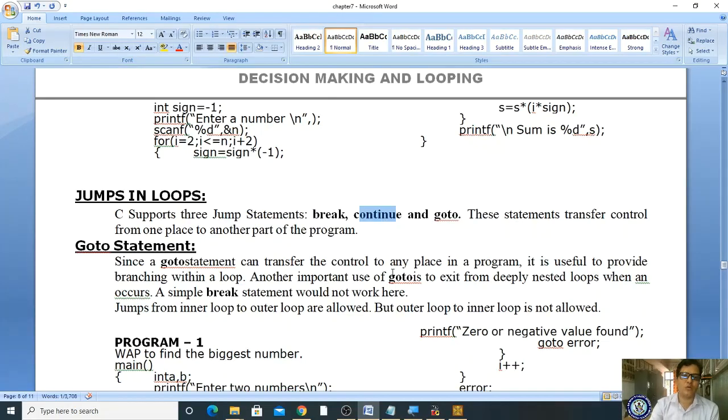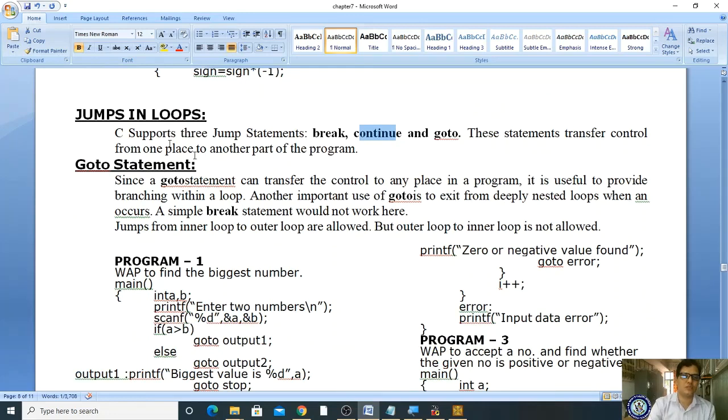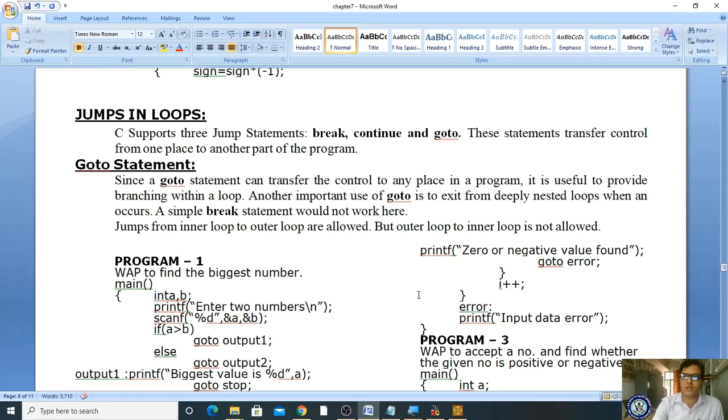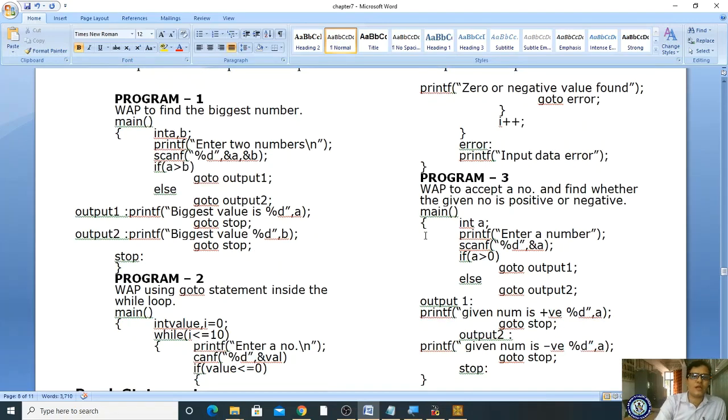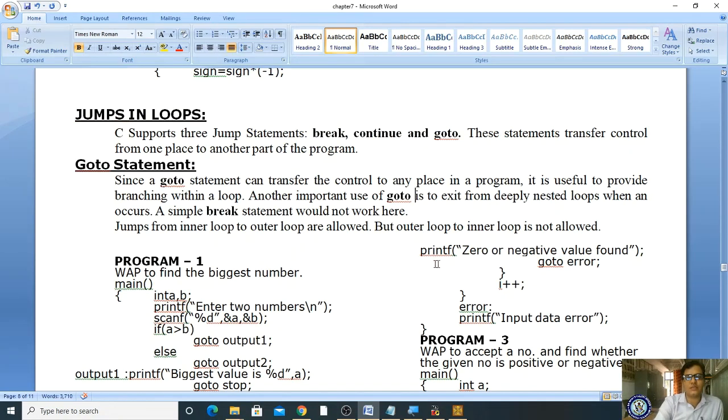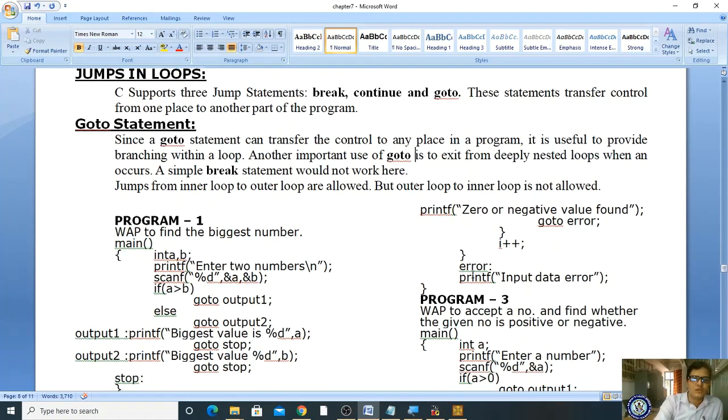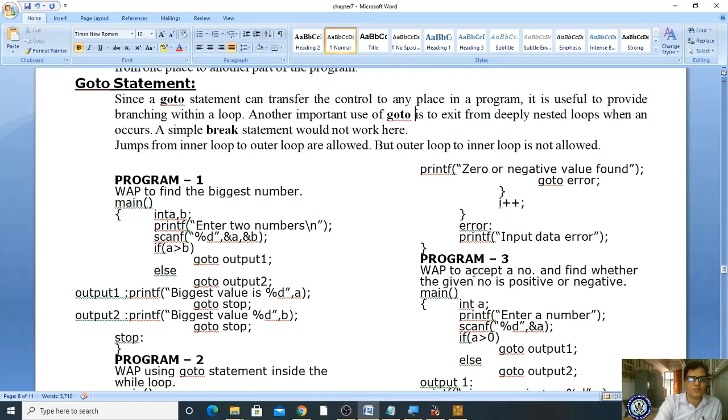Now let us see the goto statement. We are already familiar with goto. In the goto statement we know forward jump and backward jump. By using this we are transferring our program from one location to another location. Your syntax is goto label. What is the syntax? Goto label. Forward jump and backward jump we have seen. So let us check some sample example here.